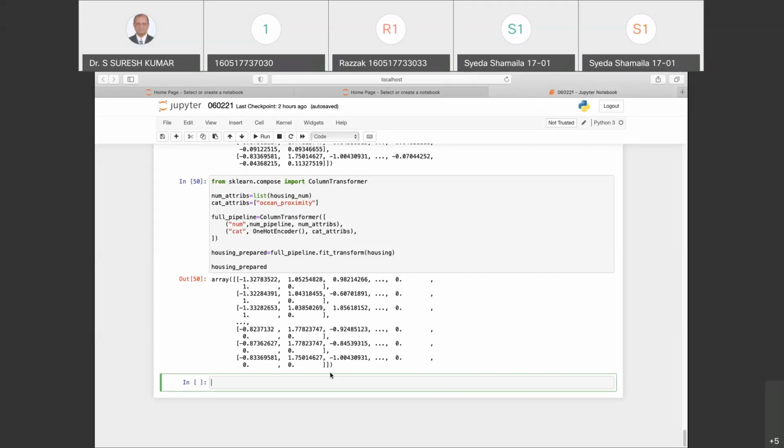For now, the problem that we are doing is the housing problem, or the California housing problem. You may not be able to perceive it that clearly, because you feel what difference it makes whether the house is near the ocean or not. Makes no difference. Fine, get into a real-time problem.